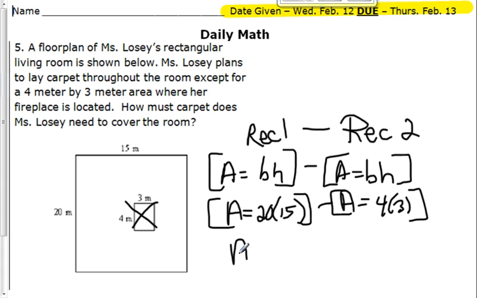So area, whoops, I don't even have to put area anymore. I'm not even going to put that. I'm just going to go ahead and multiply that out. 20 times 15. I'm going to put it up here. 15 times 20. I'm going to put the 20 on the bottom because I can pretend that 0 is not there. So do my little invisible 0. I'm just doing 15 times 2. 2 times 5 is 10. Carry 1. 2, 3. Put your 0 back on. So I get 300